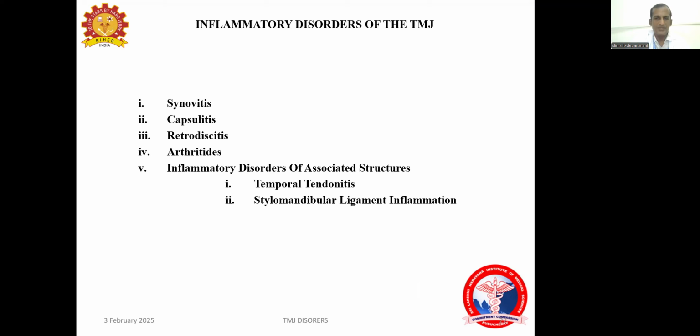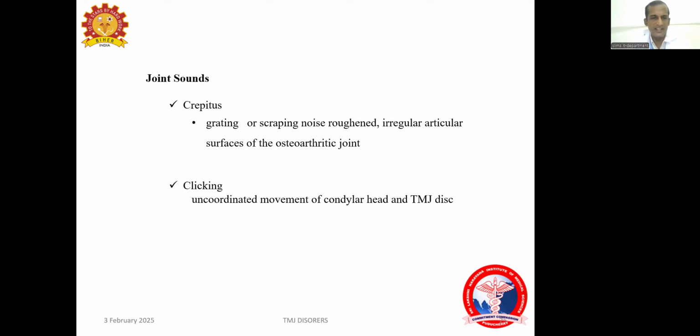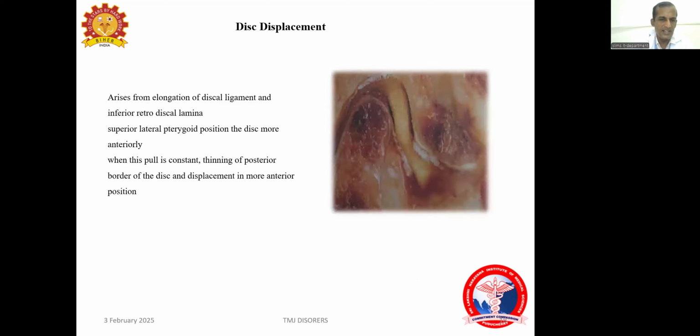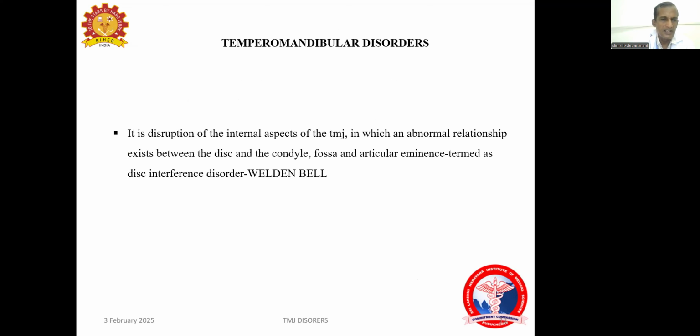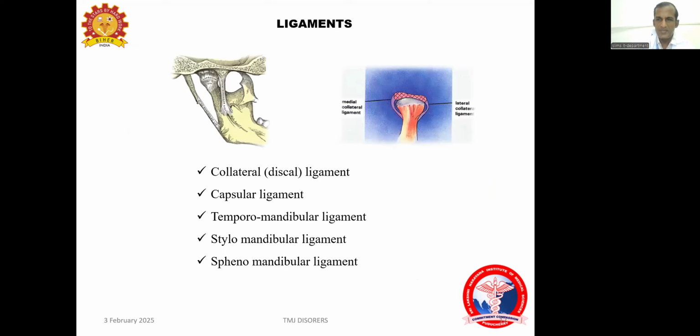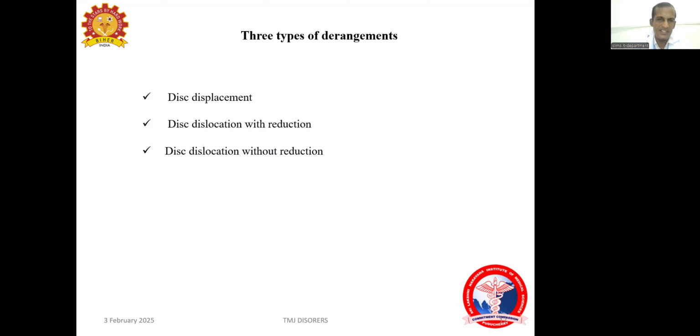The inflammatory disorders of the articular disc include synovitis, capsulitis, retrodiscitis, or temporal tendonitis. The ligaments, as we saw earlier, I'll brush up the ligaments. The capsular ligament, the temporomandibular ligament, the stylomandibular ligament, and the sphenomandibular ligament. Just see the ligaments. If there is any inflammatory condition associated with these ligaments,